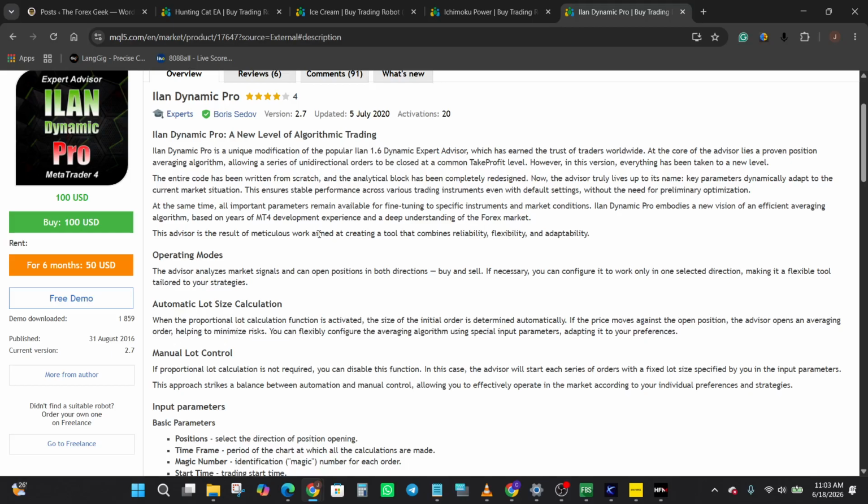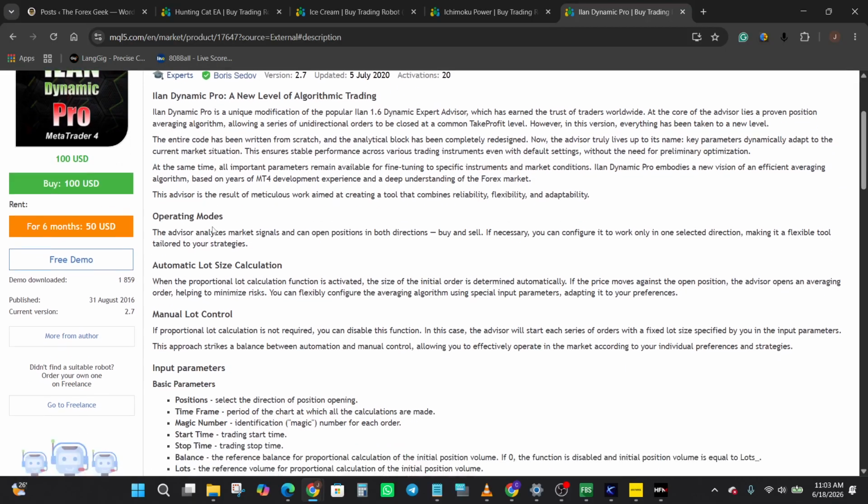According to the description, the analytical component was rebuilt from scratch, allowing the EA to adjust important settings based on changing market conditions. The developer also states that this is intended to provide stable operation across different trading instruments without